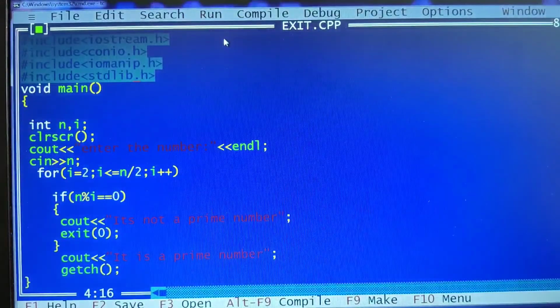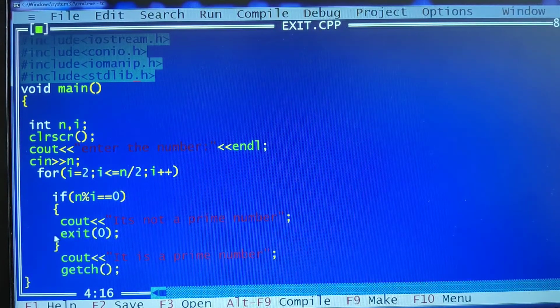This time I'll give the value as 20. I give the input as 20. See, exit. Actually, it should print that it's not a prime number. Before it prints, the control automatically goes to the next statement. The compiler is very fast.